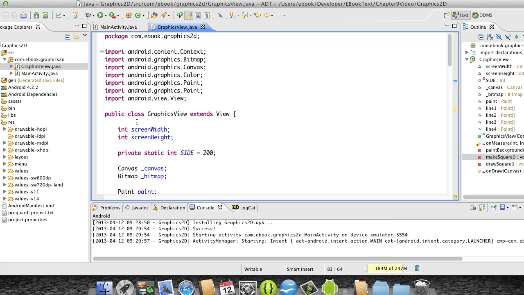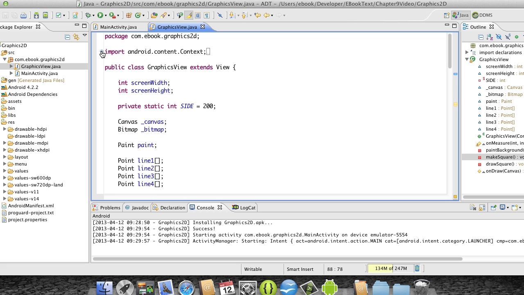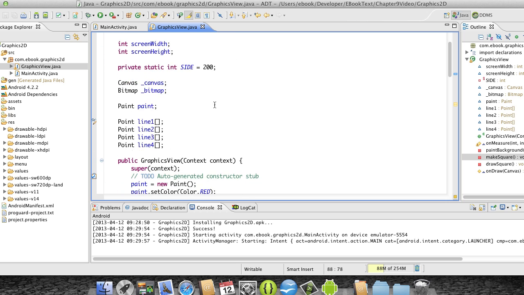We can see here that the class graphics view extends view, and we've got some properties here that we've set up. We've got a screen width and screen height as integer. We've got a static int, side, and this is just going to control the side length of the square that we're about to draw. We've also got a canvas object and a bitmap object, and I've used underscores here to